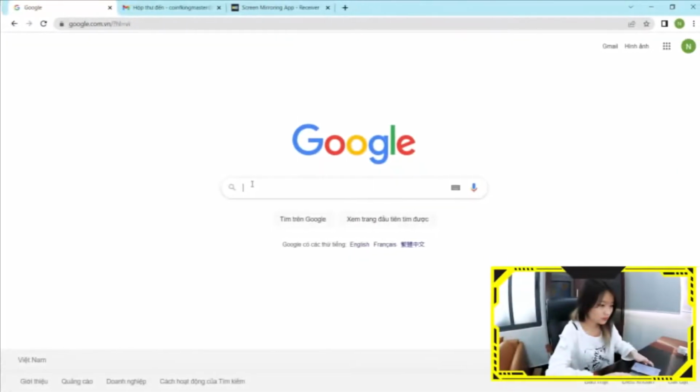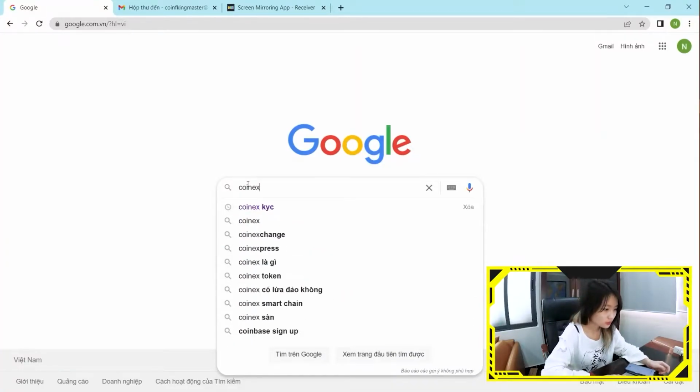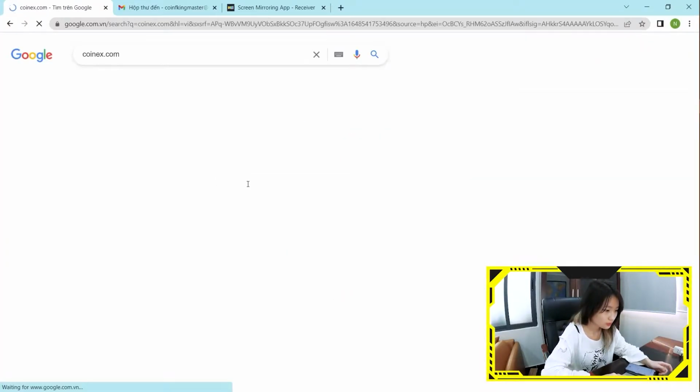Today I will show you a detailed instruction on how to get the 2022 sign-up bonus on this exchange and how you can sign up and verify yourself to trade. Let's go! So the first thing that you need to do is to go to coinex.com